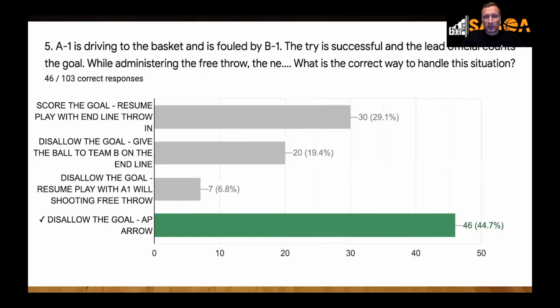All right, so the correct answer is disallow the goal. But again, there were a lot of different answers, close to 57%. So less than 50% got it right. The other 54% wanted to score the goal, resume play with an end line throw-in. Some said disallow the goal, but give the ball to team B on the end line. So if we dive into